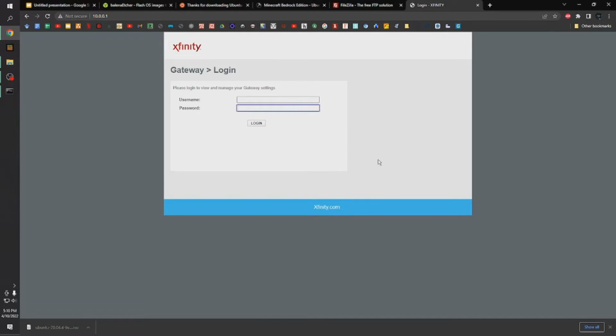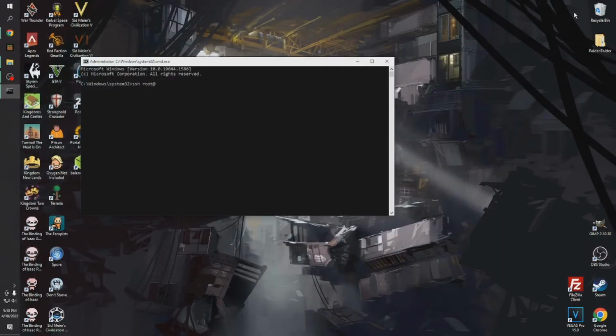So you want to find your Ubuntu server. It's going to be labeled like Ubuntu or something obvious. You'll understand which one is the Ubuntu server. And from there, you'll get its IP. For example, my server is 10.0.0.190, right? And so I'm not going to be able to log in because there is no server that exists